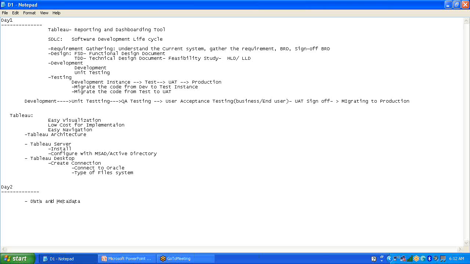I'm not sure if you guys have any idea about what is metadata and what is data and what's the difference. So data is fact. Data is fact. So if I say $100,000, that is data. But this data does not have any meaning until and unless I tell what this 100,000 is, or to whom it belongs. But if I say, this is the sales